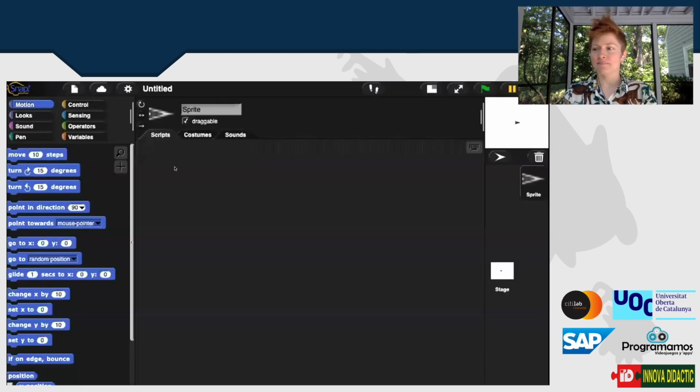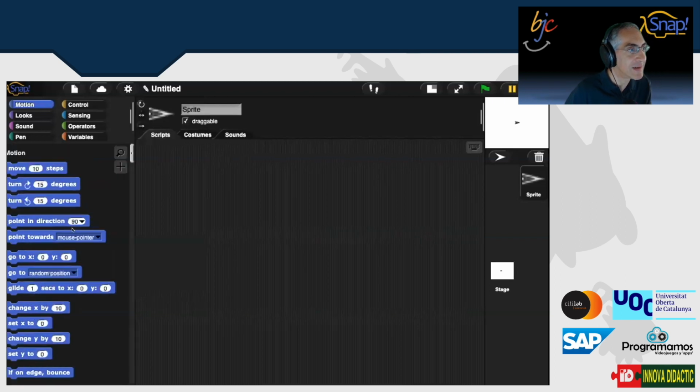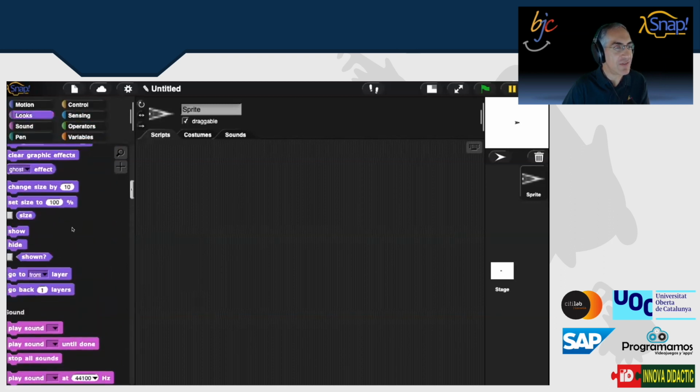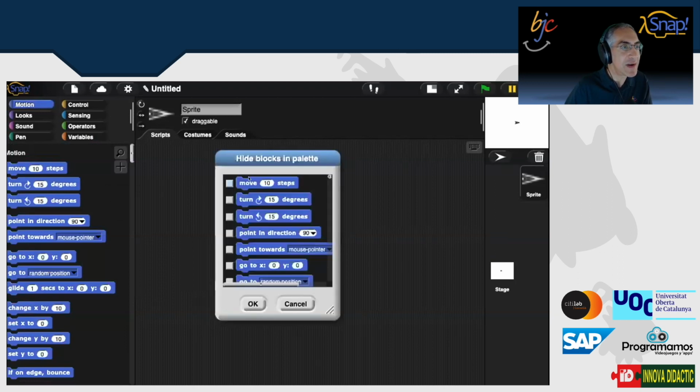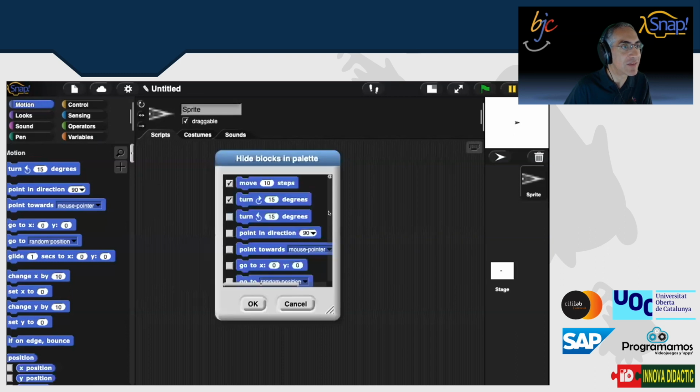So this is the wonderful Snap interface, and there's a lot of blocks here for lots of folks, and you can even choose a single palette, and then you really get a sense of how overwhelming this might be for a new user. So if I just want them to kind of draw a square, I might go into hide blocks, and I might choose to only have move and turn and some other things. And maybe haven't taught them loops yet. So I go to hide blocks, and I'm going to say select none, and then turn, move, and turn on,